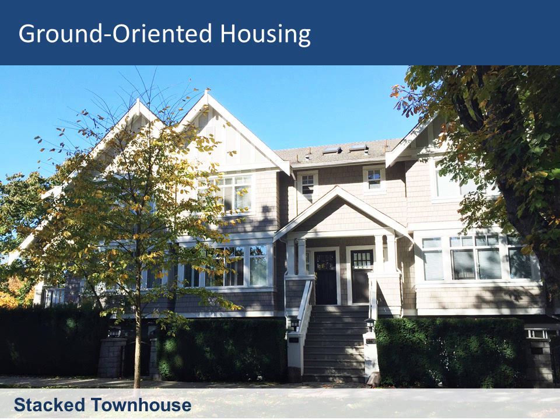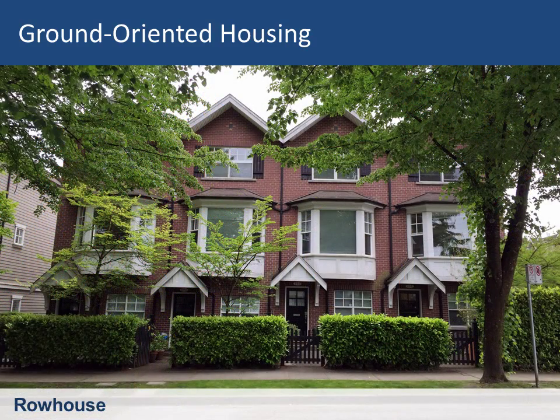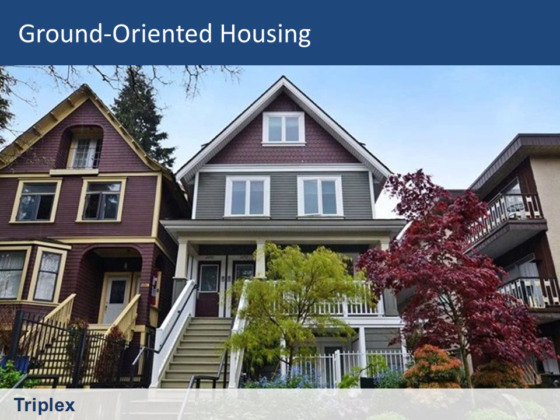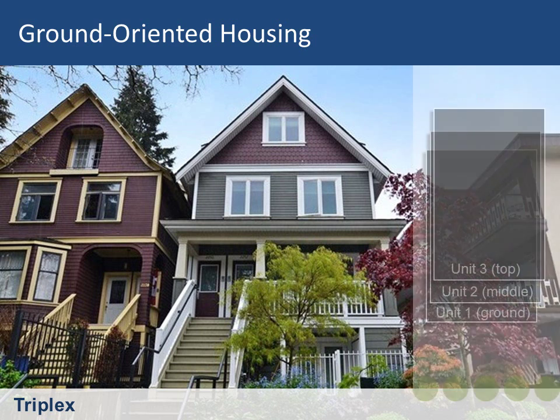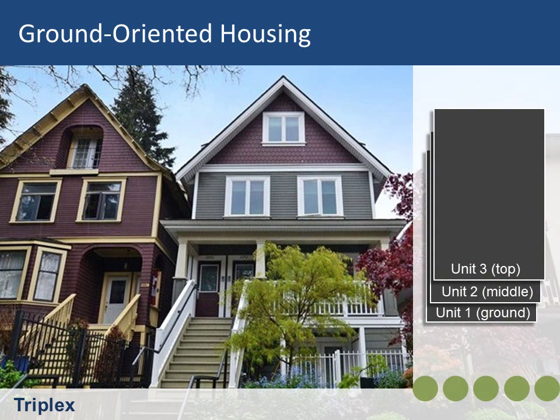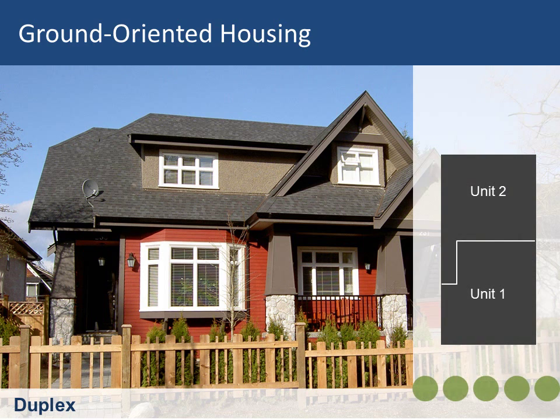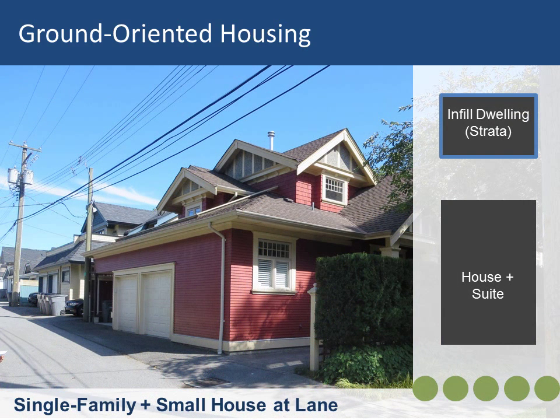Stacked townhomes are another form with units above and below one another, each with their own door to the ground level or outdoor space. Townhousing can also take the form of a traditional row house with units arranged side by side, having access from both the front and rear of the site. Triplexes are another form of ground-oriented housing, and these can be arranged with units one above the other or located side by side on the site. Duplexes are another type, with dwellings arranged either front to back or side by side on the site. Small house infill at the lane with a single-family house or duplex is another form, and this is often done with heritage properties.